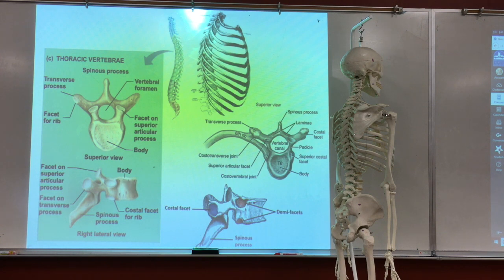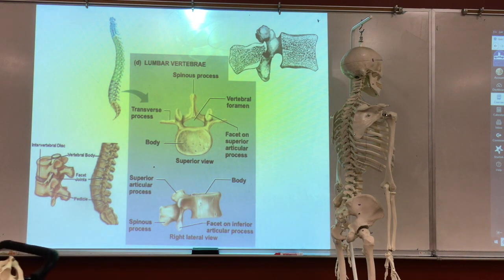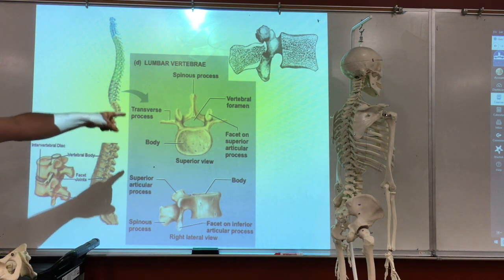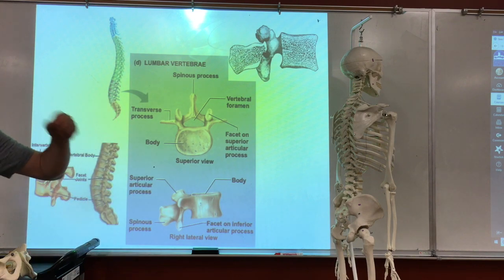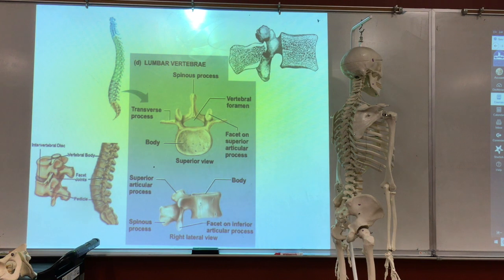And then from there we go to the lumbar. So that was the thoracic. In the thoracic, you basically have the rib cage. That's why it's the thoracic spine. The rib cage attaches to it. And then in the lumbar region, we have a large spinous process, and we have a large body as well. Which one are we on? 19. In 19, we have a large vertebral body, and you have a